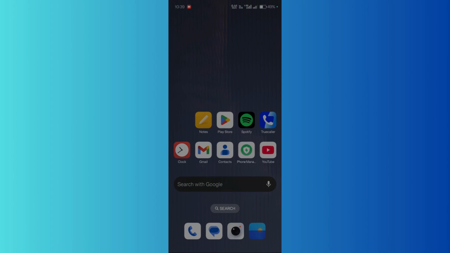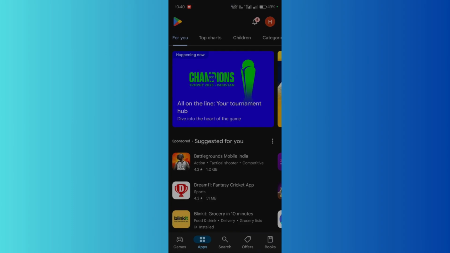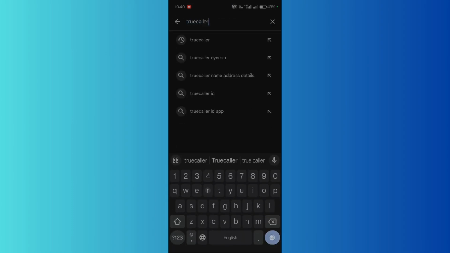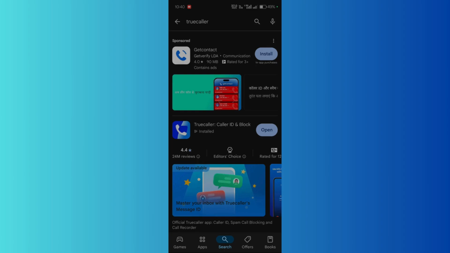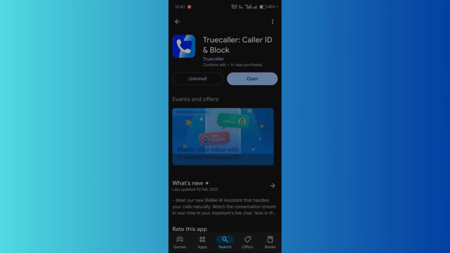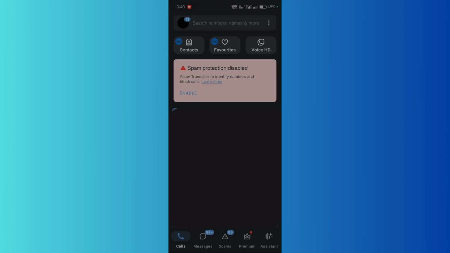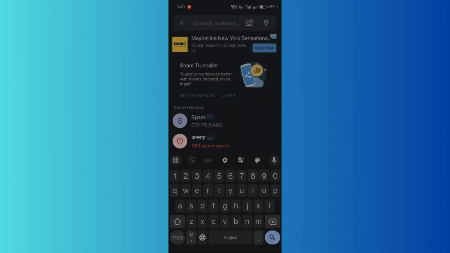In order to install Truecaller, you need to head to your Play Store and then search for Truecaller. Then you need to click onto this particular application right here and install it. Once the application is installed, simply click on the open button and try to search for the number using which